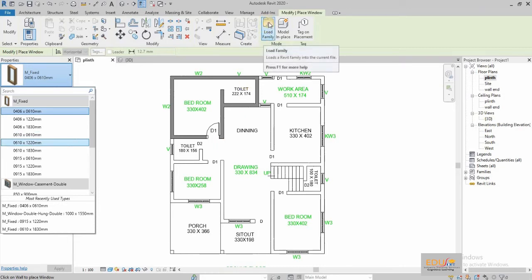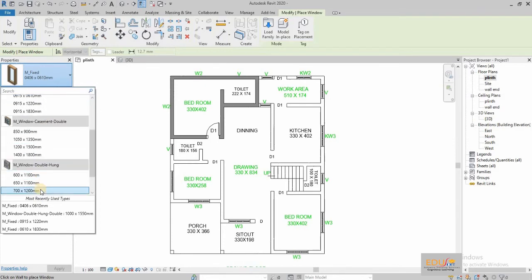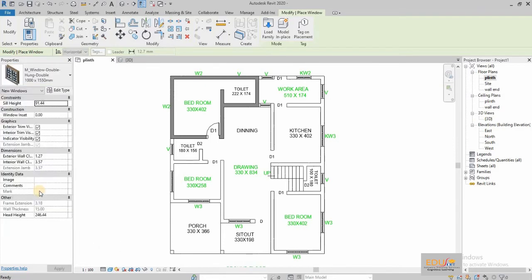From the drop-down list, we should select any one of the windows. Then we have to go to Edit Type for editing the properties of the window.